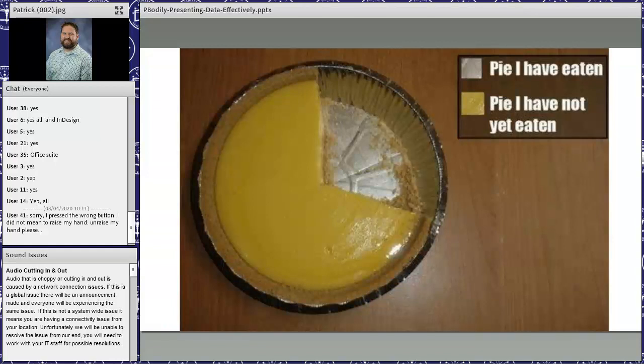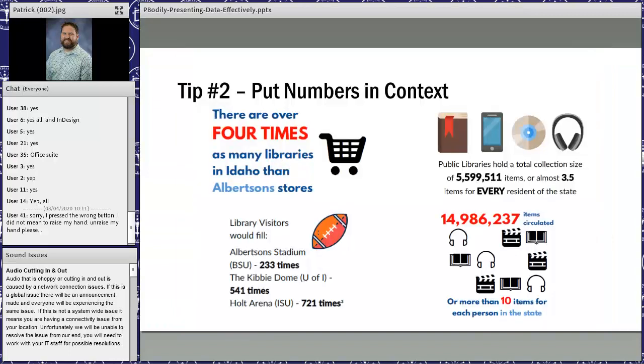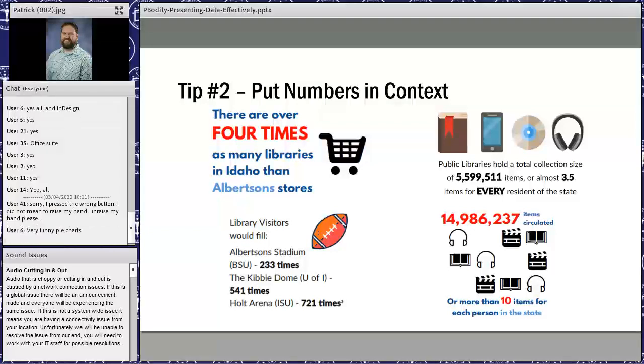You don't have to go and do anything crazy like that. You're just more than able to use what you have. Our next tip was to put the numbers in context. Things are always easier to understand if you can make it local. So what do you have in your town, in your county, in your state that can help people understand? Something as simple as seating at the high school gym or the graduating class size.